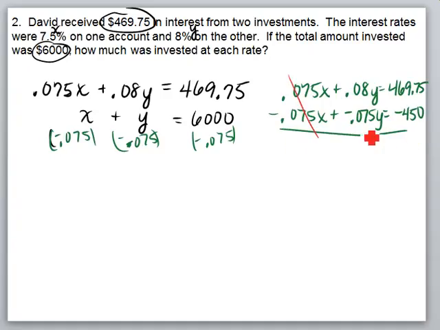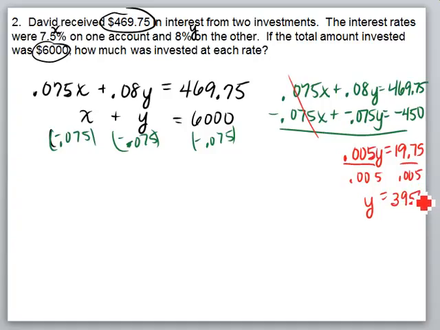Those will eliminate, and when I add those two together, I get 0.005y equals, adding these two numbers together gives me 19.75. Divide by 0.005 on both sides. Punch that in your calculator, you'll get 3,950. So that means at the 8% interest, there was